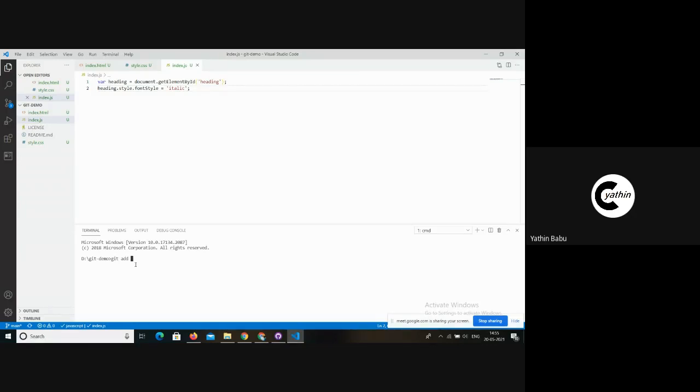It gets a little bit tedious if we have a project with around 50 plus source files. Right now what we are working on is a very small project, but it will get a little tedious as the project grows. So I staged the files. Let me commit it in our local repository.